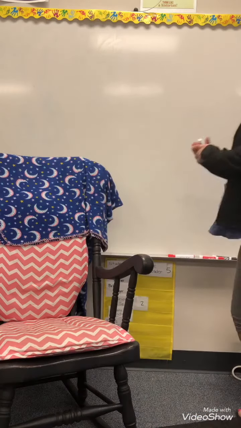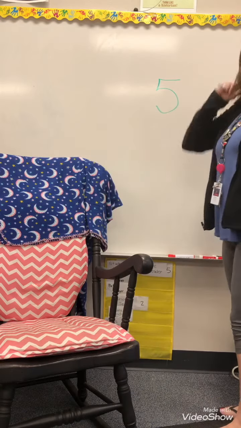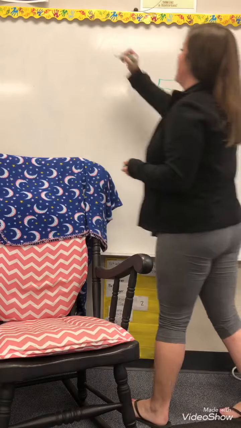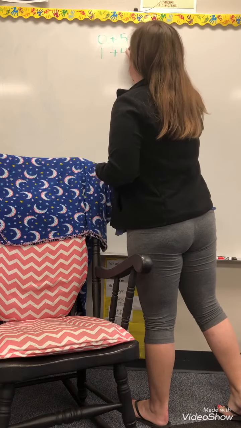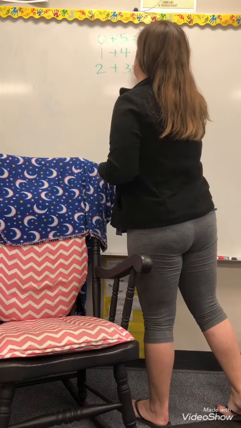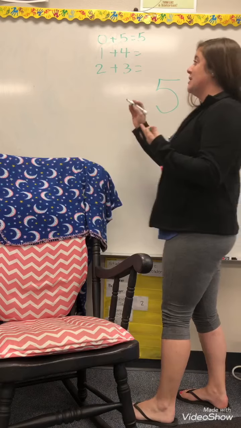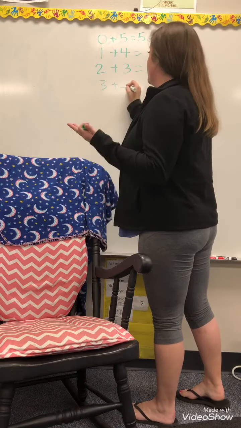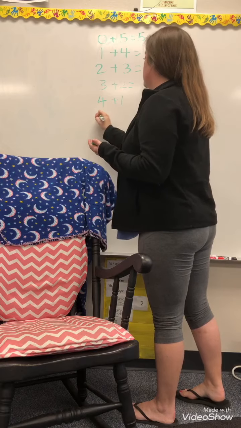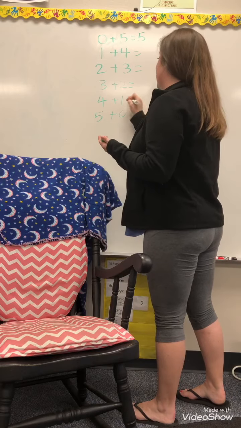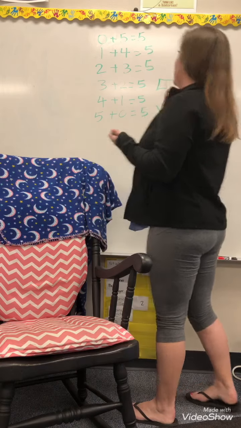So let's take, for example, the number 5, okay? So we've got a big 5 here. And there's different ways to make 5. For us, it's those fast facts like 0 plus 5 equals 5, 1 plus 4, 2 plus 3, and then we switch them and we invert them. That's that commutative property. But for kids, we have to explicitly teach that you can switch it around and you still will equal 5. And so it makes a nice little pattern for them, but it's one of those things that, again, we explicitly want to teach them that these are all the combinations and all the ways to